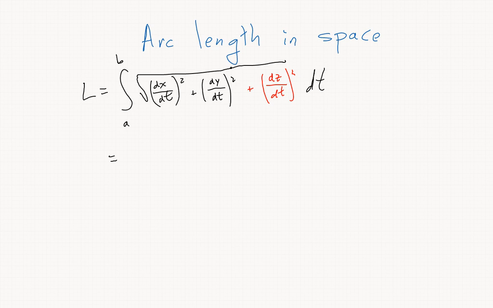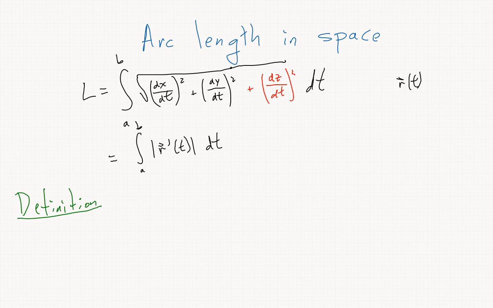And using our notation for vector derivatives, if our curve is r of t, this is the integral from a to b of the length of r prime of t dt. Let me just write this out. So by definition, if r of t is a curve